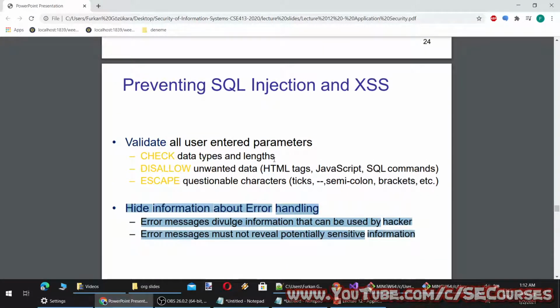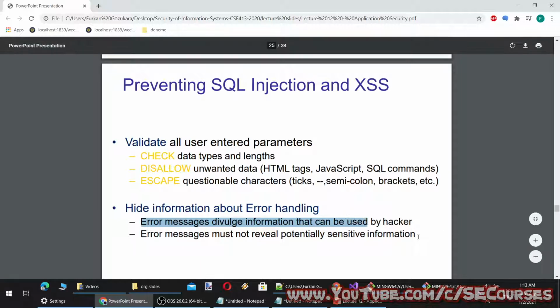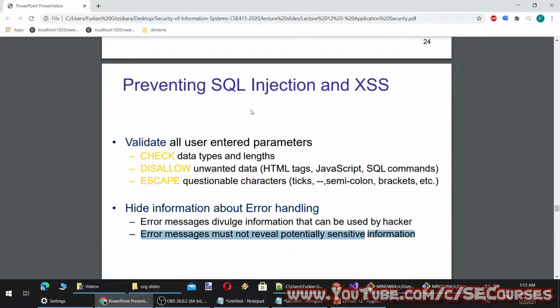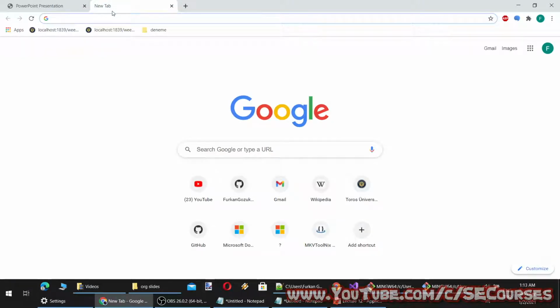Hide information about error handling. Error messages divulge information that can be used by hacker. Error messages must not reveal potentially sensitive information. By default, some programming languages show the full error message to the user when it happens. You should not let that happen because it may include some important information as well. Therefore, you should handle the errors, unhandled errors, and not show the error message to the user, such as